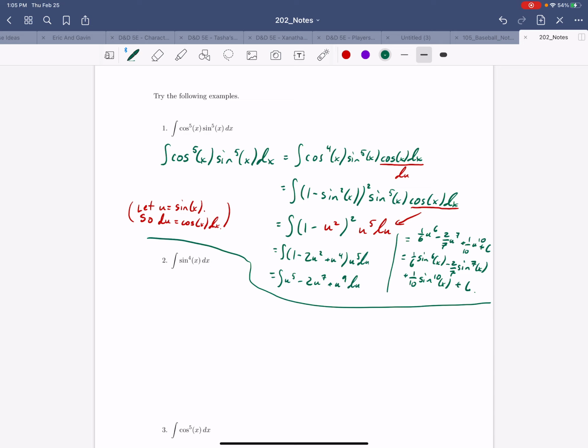All right. Next up, number 2. Now, hopefully you can look at number 2 and notice, hey, wait a minute, all the powers are even. We're going to be using some half-angle formulas. Now, it's okay that it's only sine to the fourth. It's totally fine. Still, it's even. We're going to be using